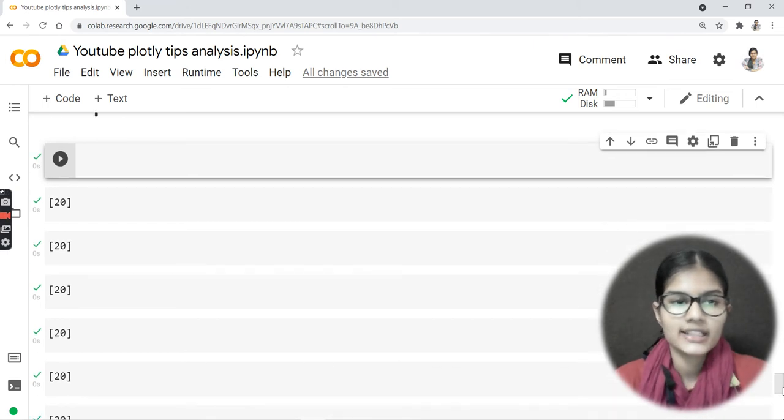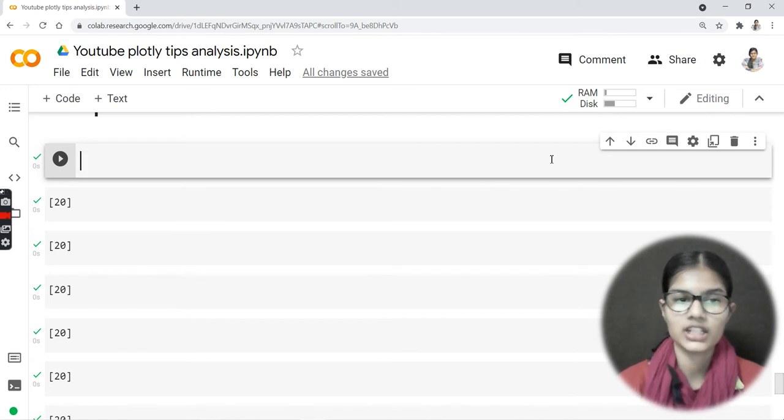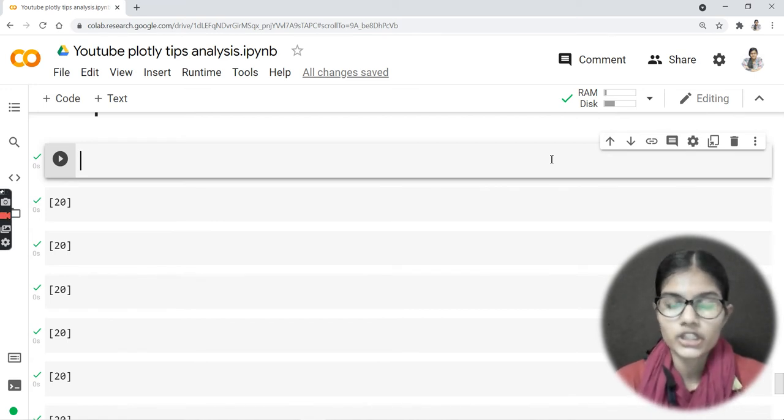We will be taking the same data that was the tips data. First of all, I'll be telling you according to that tips data. After that, I'll be taking another dataset and then I will be telling you according to that. And then I would even be letting you know that if you have the numpy library, using some function from that numpy library, how you can plot the line plot.